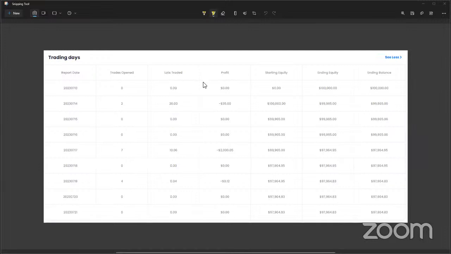So I started this challenge on the 13th, because I had seen we had a death cross that was forming. But you can see here, I took 2 trades that day. Now those 2 trades were a death cross. And then unfortunately that day, and I've shown you guys on the charts, the price was consolidating. So I had a death cross that hit stop loss, but then I also had a golden cross that hit